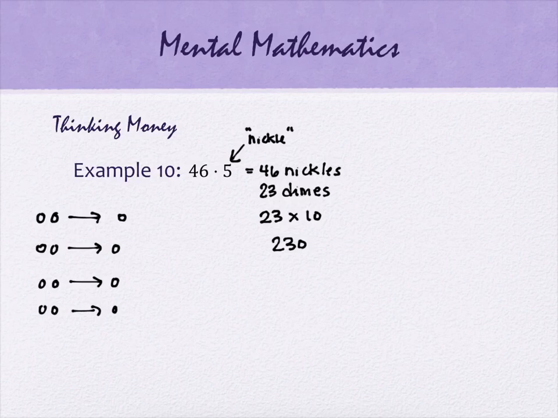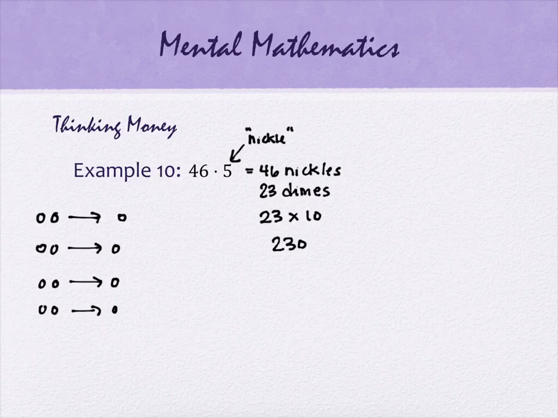Now, on this one, it's much like the front end multiplying. We did this with another method. So if you had this problem, either of those methods will work just fine. But with thinking money, I could use a 3-digit number and it would work too. And I couldn't do that when I was doing it with front end multiplying. We talked about that. But if I had,